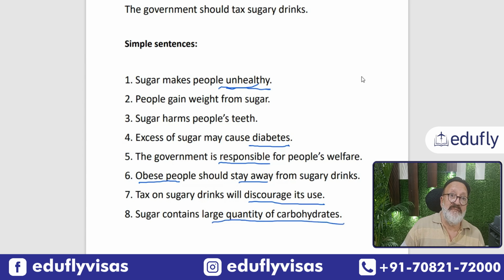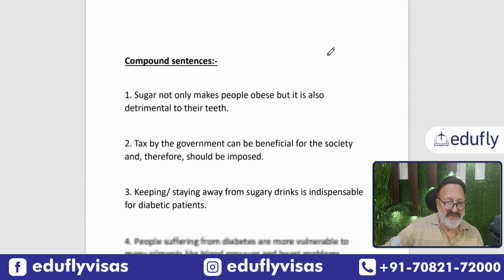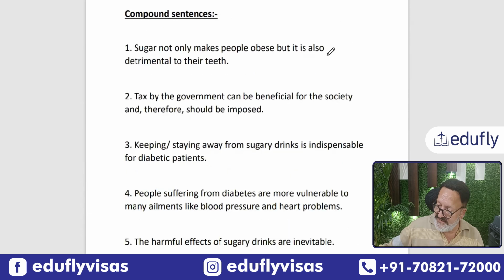Now you should become encouraged, because if you have a few ideas, 3-4 ideas, you can easily make a paragraph. So let's move on to how we will make these compound and complex sentences. So let's take the compound sentences first. Now compound sentences, you very well know what conjunctions we have to use.